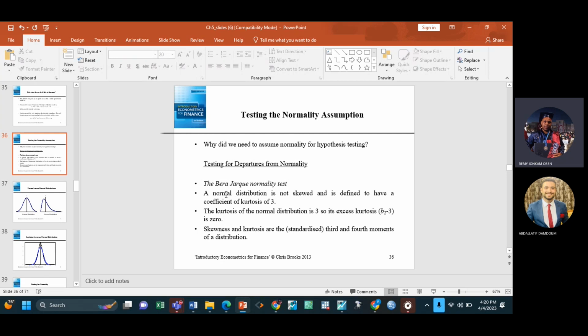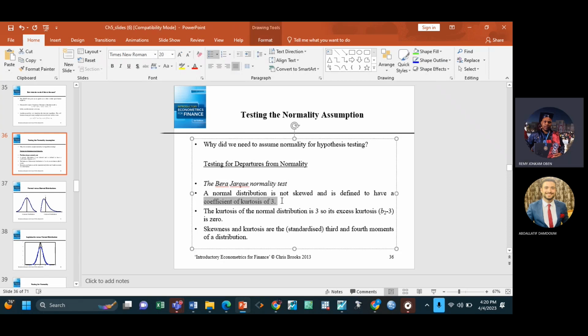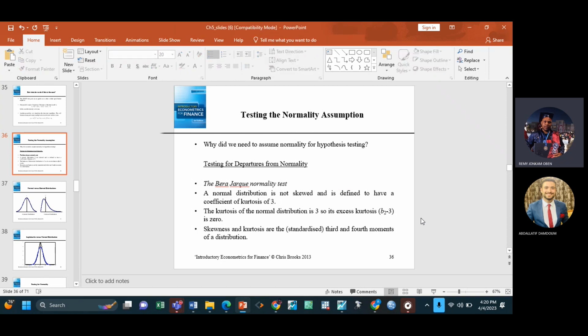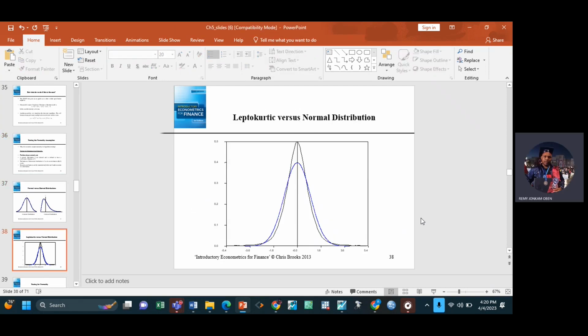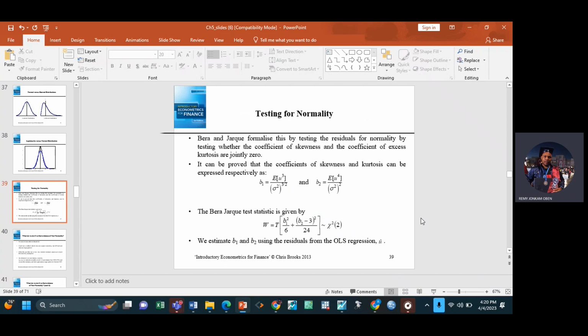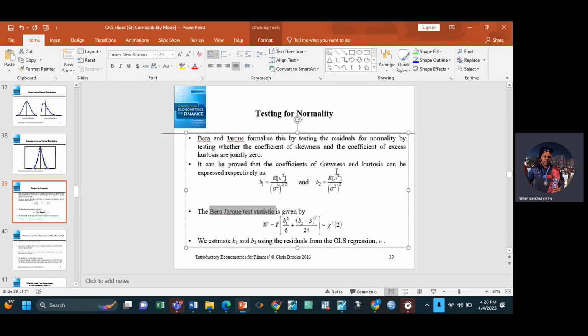Yeah. So here they say normal distribution. Kurtosis is 3. I told you already. Okay. So you can read these things very easily. So of course, to test for normality, we are using the Jarque-Bera test. And you see here, they talk about skewness and kurtosis. Actually, the Jarque-Bera test brings all of them together, right? You see this T here stands for sample size. So the Jarque-Bera test is bringing skewness, kurtosis, sample size together, and is trying to calculate a Jarque-Bera test statistic, which can help us perform the test.